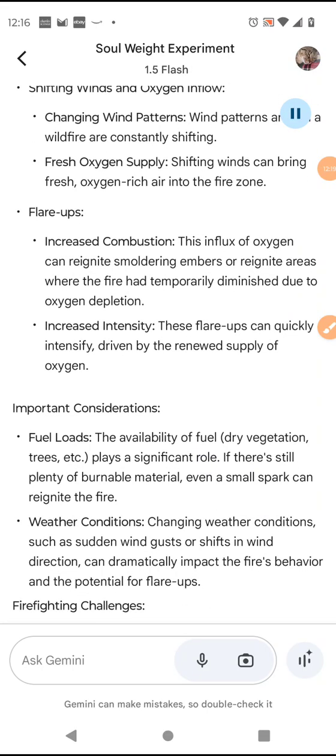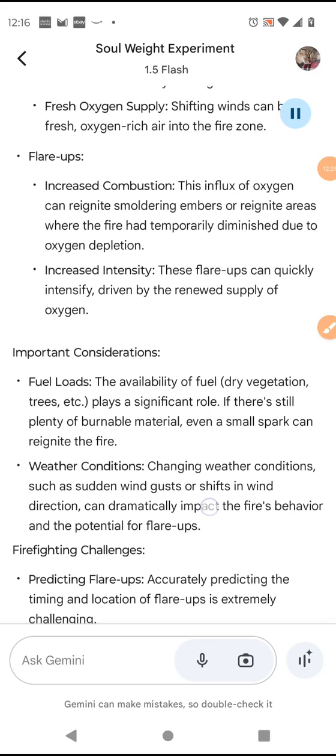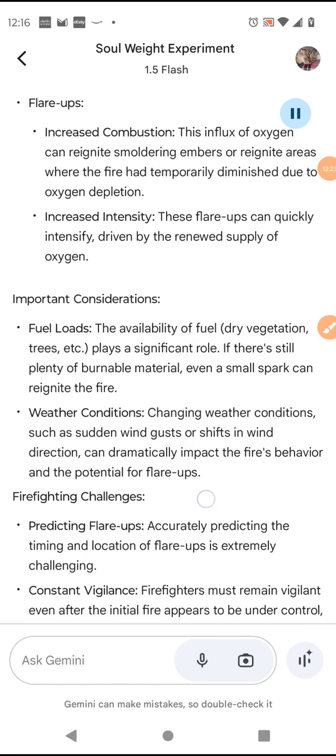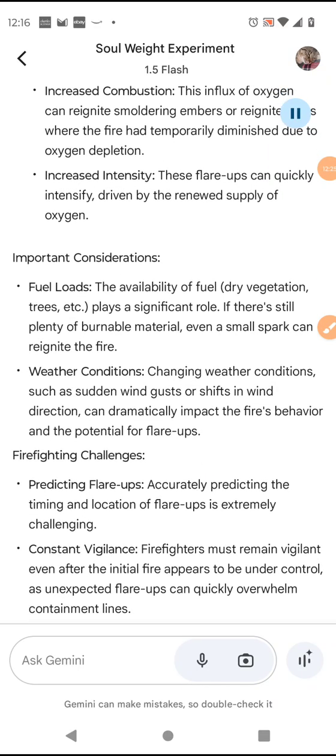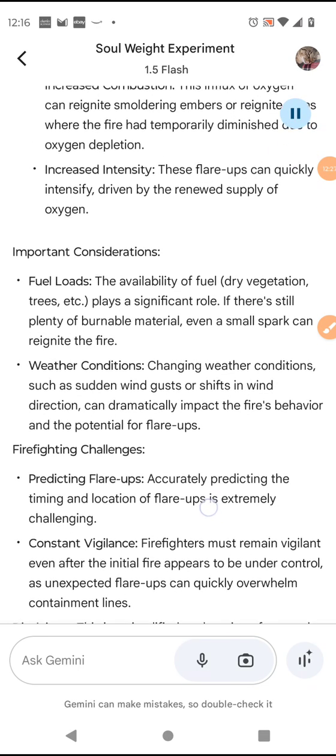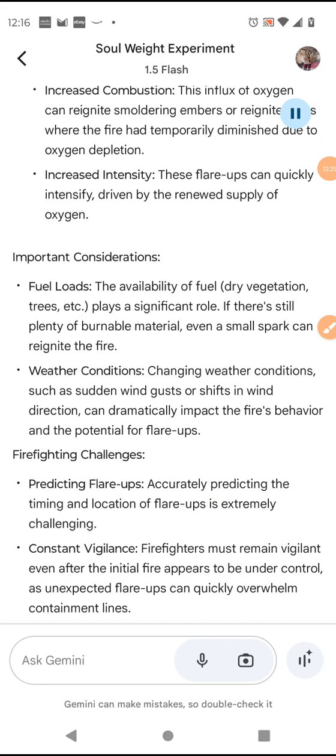Important considerations. Fuel loads: the availability of fuel, dry vegetation, trees, etc., plays a significant role. If there's still plenty of burnable material, even a small spark can reignite the fire. Weather conditions: changing weather conditions, such as sudden wind gusts or shifts in wind direction, can dramatically impact the fire's behavior and the potential for flare-ups. Firefighting challenges: predicting flare-ups. Accurately predicting the